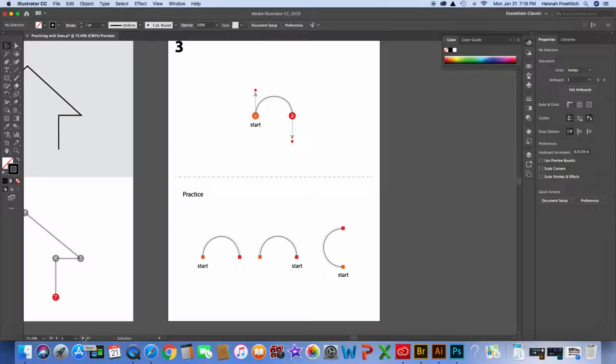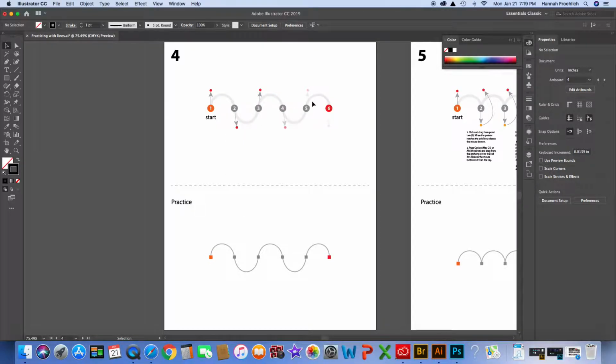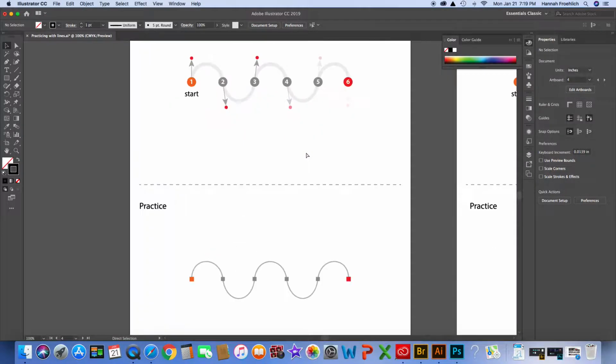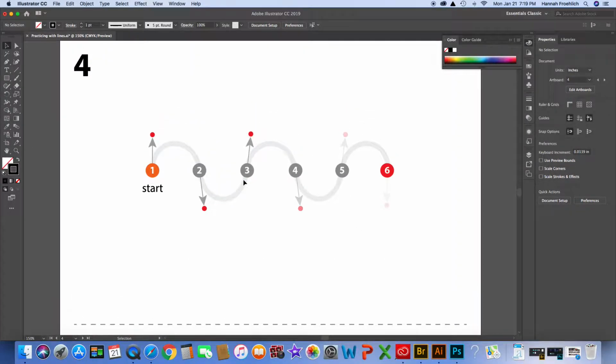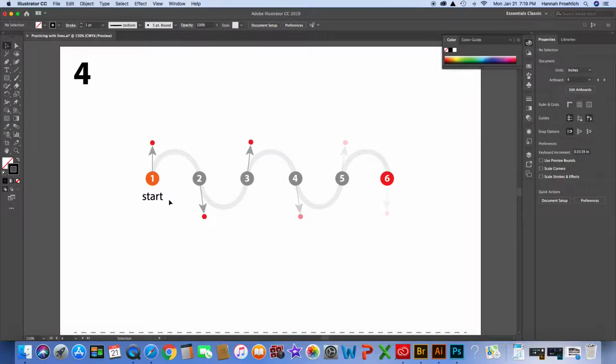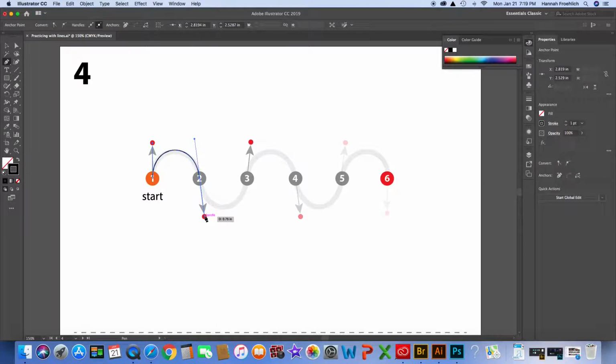So if you switch over to artboard number 4, you'll notice we have this swervy snake line. For this one, I'm going to zoom in a little bit closer so that I can get on top of all of this. Okay. So at our start point, I'm going to choose my pen tool again. I'm going to start here, and I'm going to drag up to that red dot, and then over to my number 2. Click, drag that bar down to my red dot, and this time, rather than going to my selection